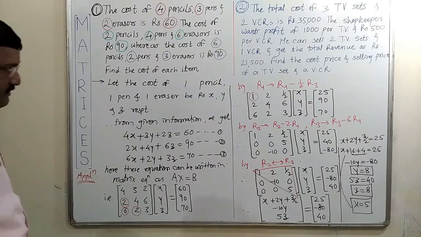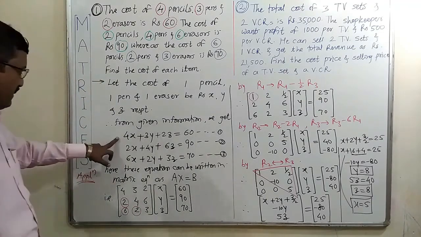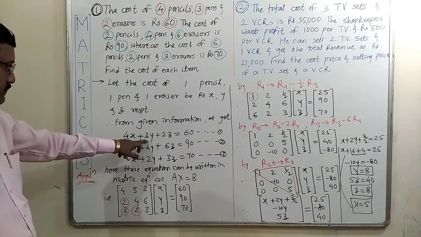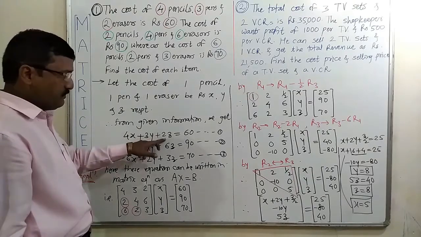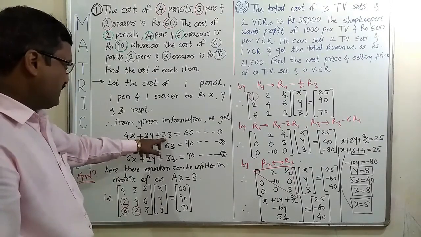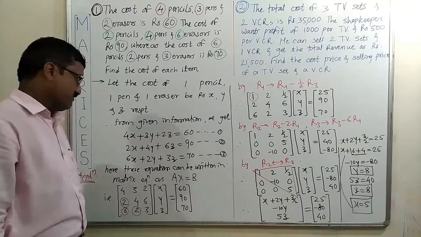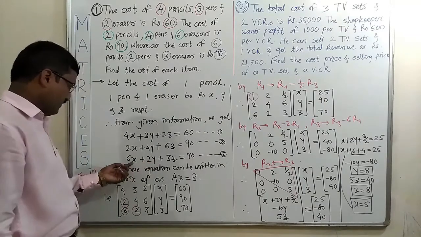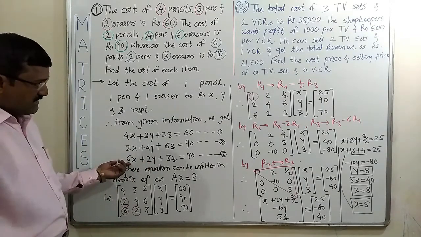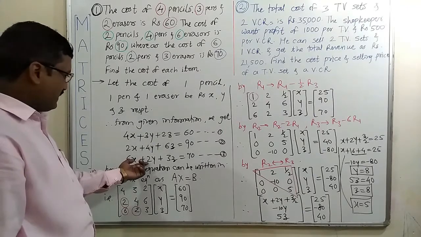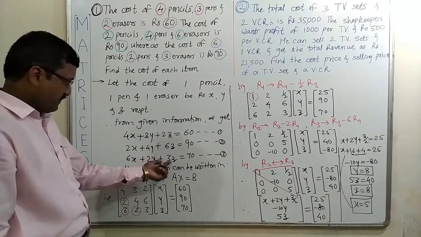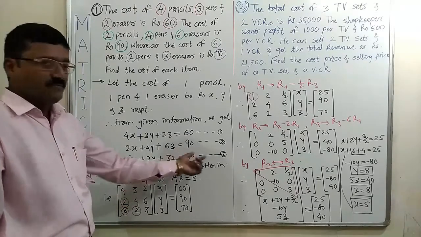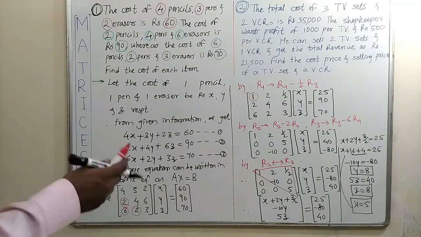Let us verify whether those values are correct or not in these equations. Putting x equal to 5, we get 20. 20 plus 24, that is 44. 44 plus 16, that will be 60. Those x, y, z values satisfy equation 1. Similarly, check for the third equation. 6 into x, that is 30, plus 2y is 16. 30 plus 16 is 46. 46 plus 8 into 3, that is 24. So 46 plus 24 equal to 70. So our answer is correct.